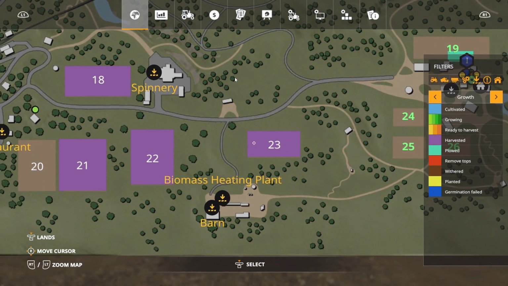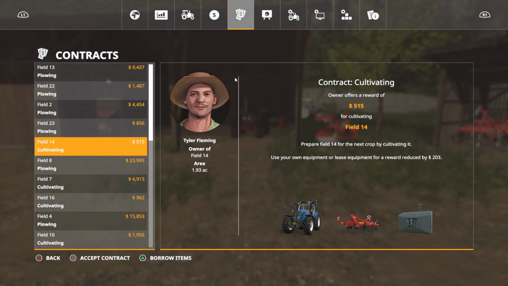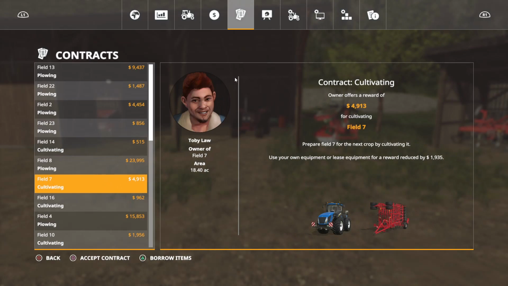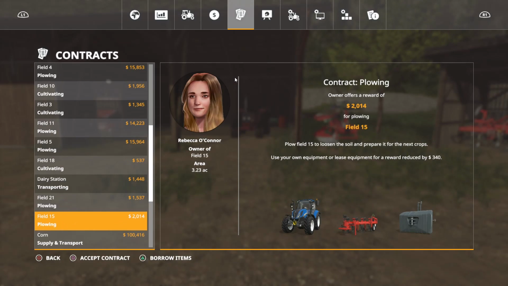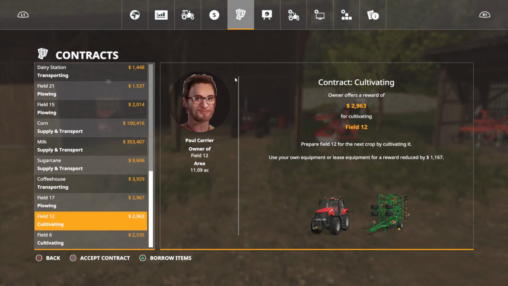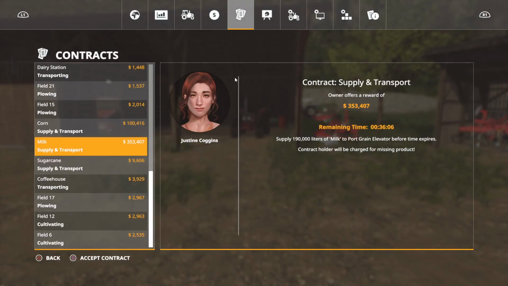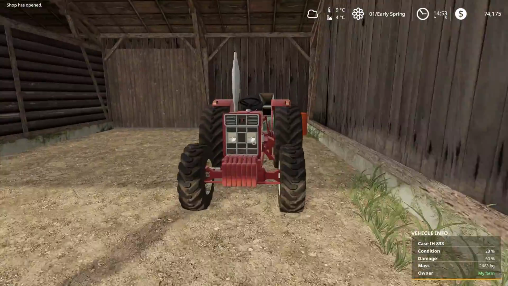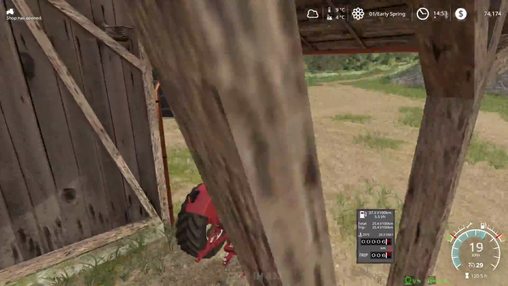Cultivating field 14, that's one of the ones above the train tracks. I think we're gonna stick to 18 to 23. Maybe do some of the 17 ones, but I think it's 14 to 17 that's up by the train tracks. Might start with this field 18 cultivating, but I don't think this tractor can handle the cultivator we have. Like I said, it's more so going to be for